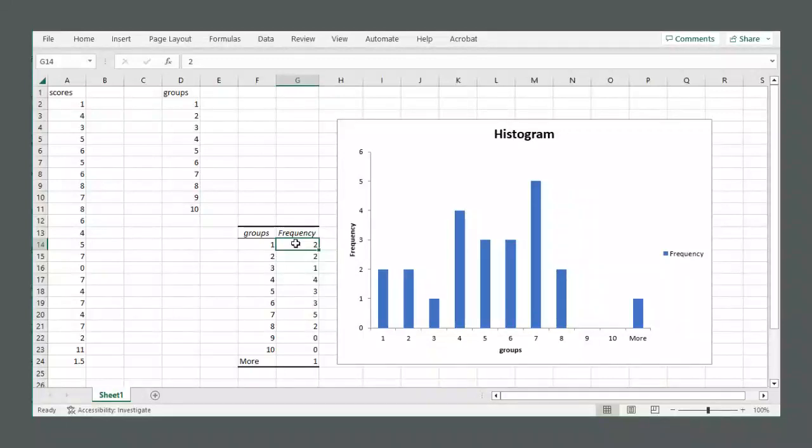And we have two responses that are 1 or less, right? We have the 1 and we have the 0. Now, what about the 2? Okay, it's also showing us a 2. Do we have two responses that are a 2? No. But the next